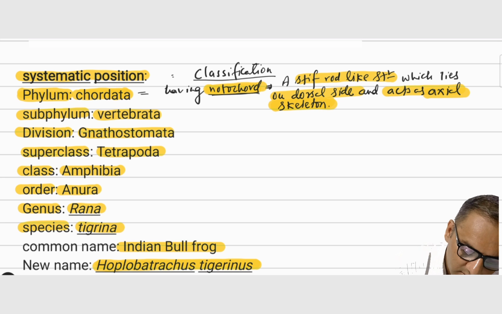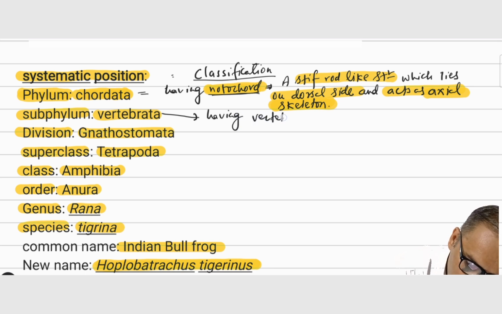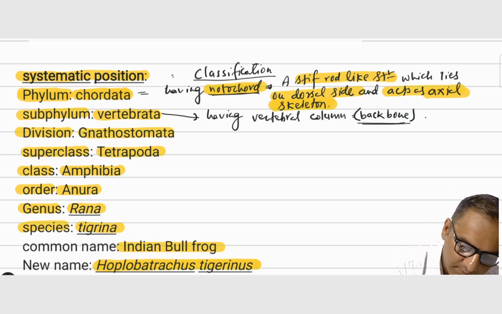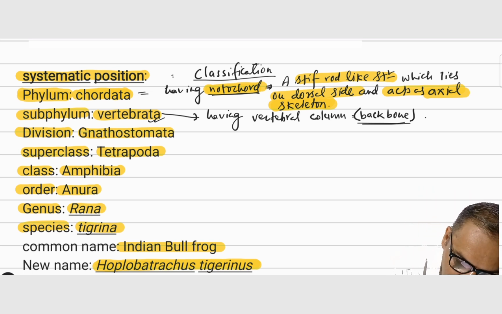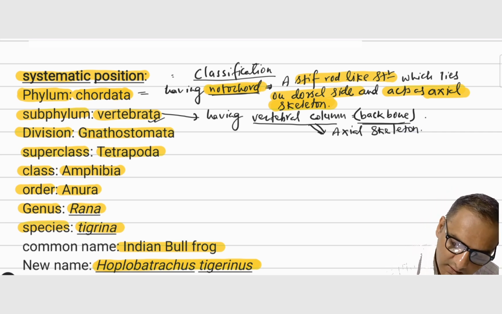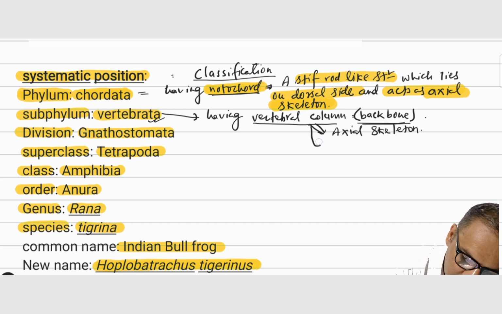Now the next term is Vertebrata. Vertebrata means having vertebral column or backbone. Those animals which are with backbone belong to subphylum Vertebrata. And what is this vertebral column? This vertebral column is also axial skeleton. Vertebral column is also axial skeleton, and this vertebral column is